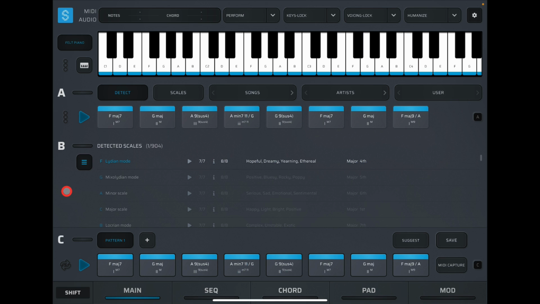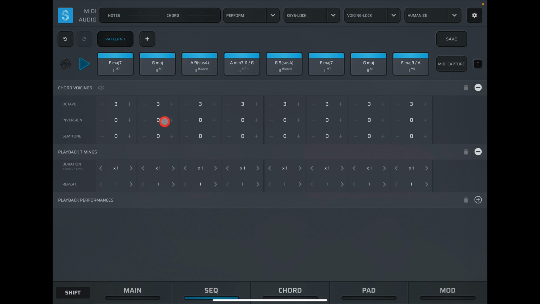Now, if we wanted to go further, and we're not going to, but if we wanted to, we can then go into sequence and change up the octave for some of them. And we could change the inversion. So for this one, we'll have that inversion. And then we can also change the inversions for others as well. And we can also change the speed, how many times that one section will repeat. Maybe you want this chord here to repeat twice at the end. Maybe you want the speed of some of them, like